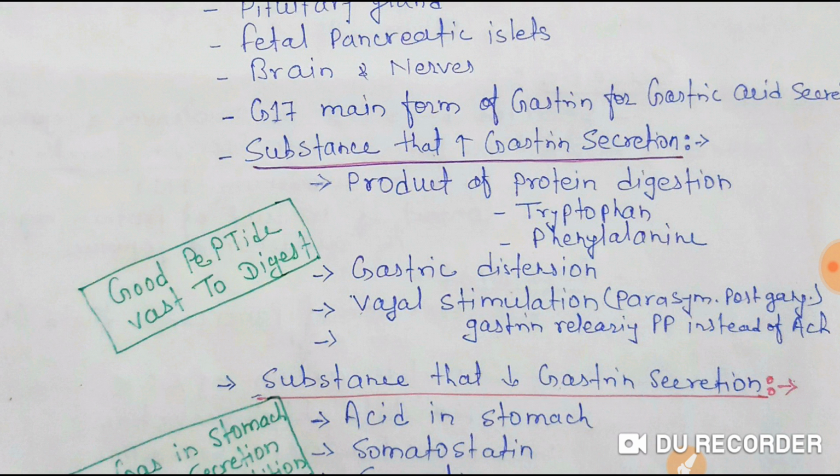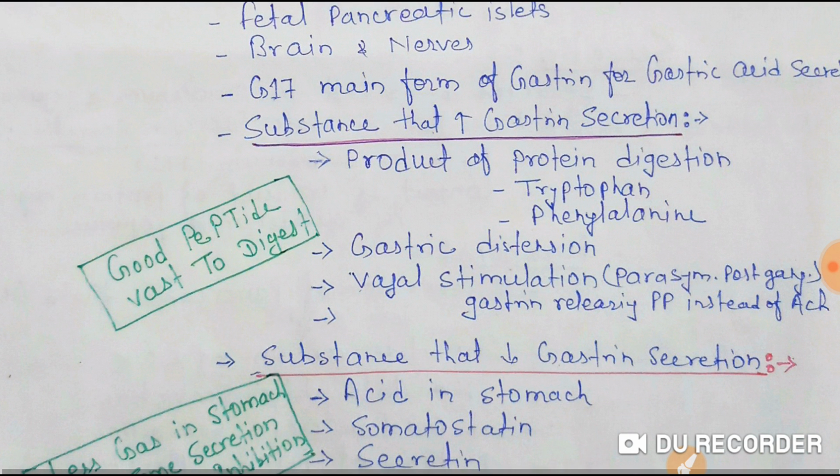Vagal stimulation mainly involves the autonomic nervous system, where the parasympathetic postganglionic nerve supply is the main